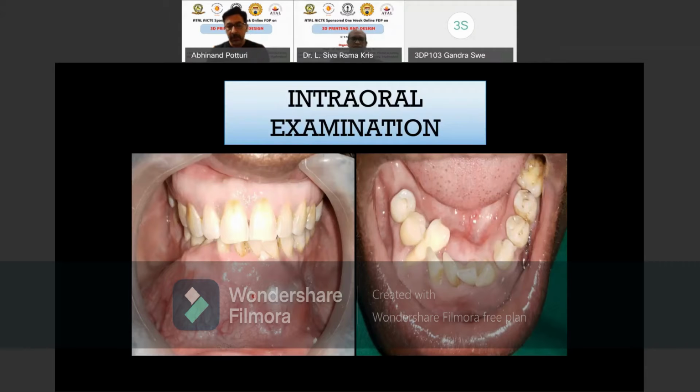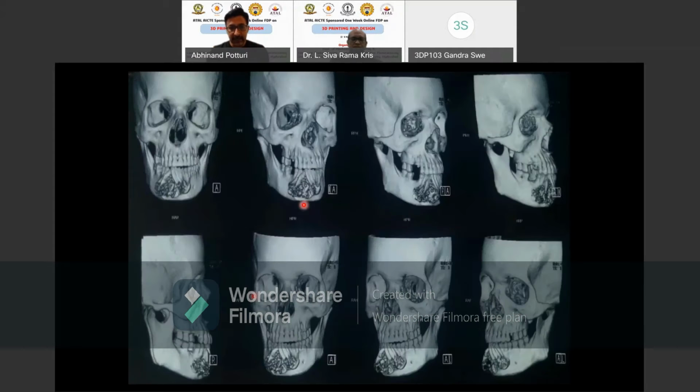But imagine if we remove this part of the bone completely. Here, this is a CT scan image of this patient, which is three-dimensionally reconstructed. You see how this bone is completely eaten away. This is a normal bone, whereas this bone is completely eaten away because of the presence of the tumor. And see the direction of the teeth, they have all become haywire, and they're literally hanging in the air. So the only option left in this situation is to remove this amount of bone. That means this amount of bone will be taken off and will be gone from the patient's body.